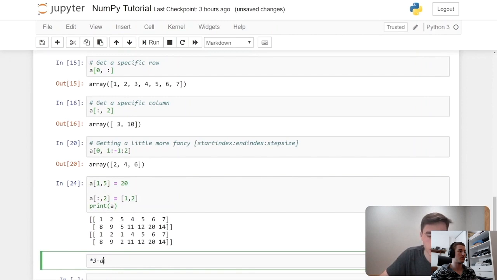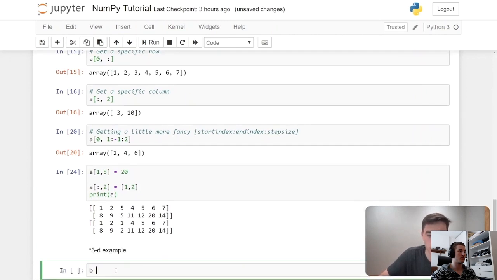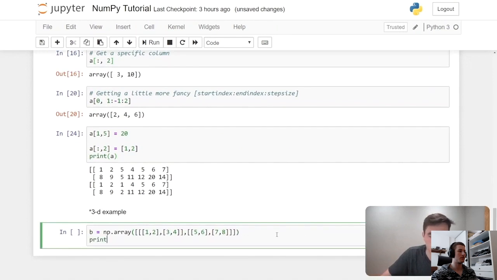Really quickly, let's just show a 3D example. If I had a 3D, so we'll say B equals a NumPy array of all this. And if I print B,